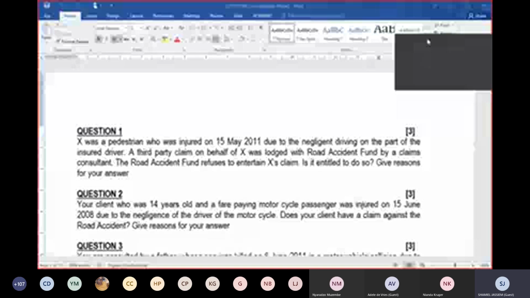A third-party claim on behalf of X was lodged with the RAF by a claims consultant. The RAF refuses to entertain X's claim. They're asking, is the RAF entitled to do so? Give reasons for your answer. 3 marks. Now, before we give an answer, where this morning, if you can recall, under which section this morning